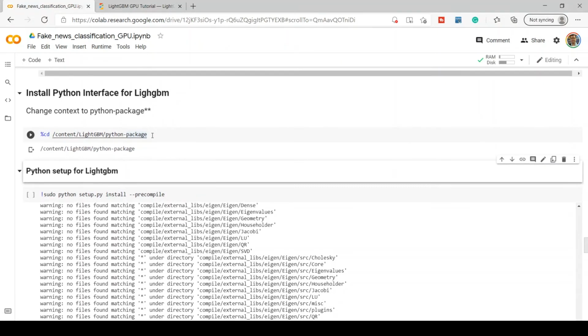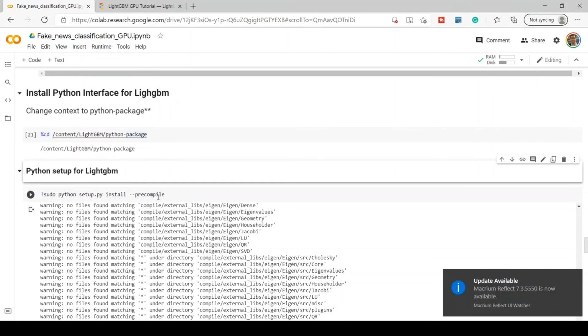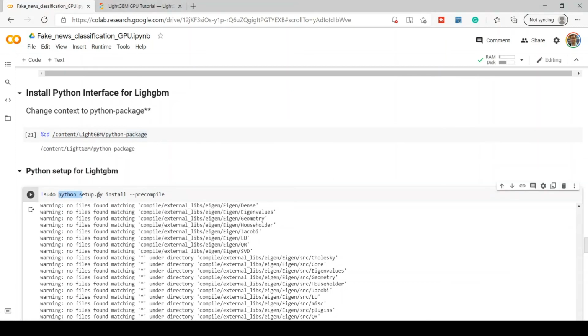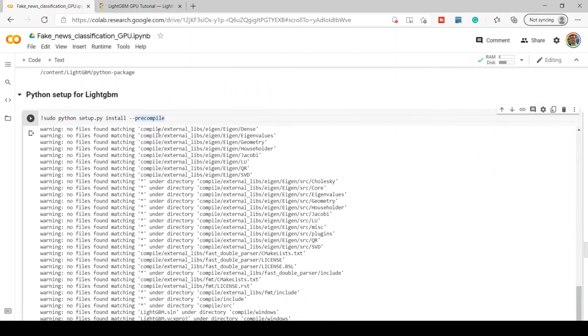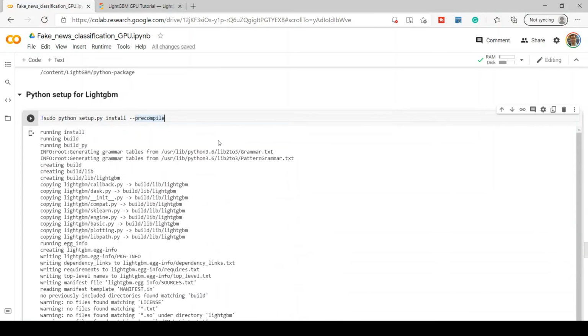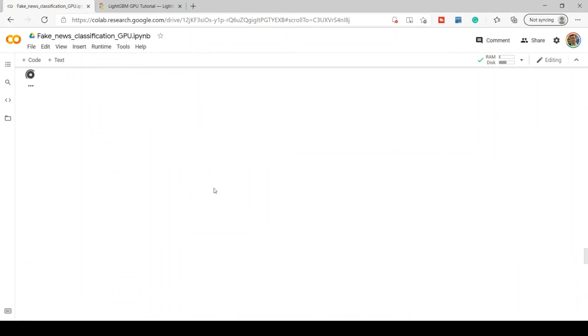From this directory, we need to run this command, which is python setup.py install --precompile. This will make sure that LightGBM is available through the Python interface, so that we can access LightGBM for model training. I will simply run this cell.